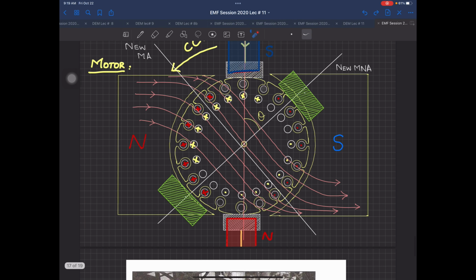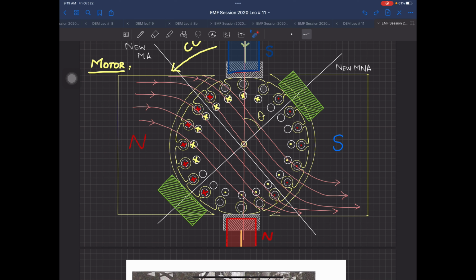Permanent magnets are going to lose their magnetism after some time. The machines in your lab have been running for 20-22 years. They are electromagnets; if they were permanent magnets, they would have lost it by now. Permanent magnets are only good for toy cars or something like that. But good hard permanent magnets, which are now coming in the market, can be used for permanent magnet brushless DC. The word is brushless, which means there are no carbon brushes.